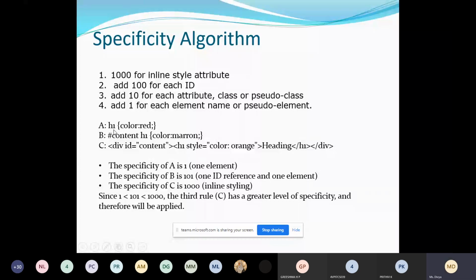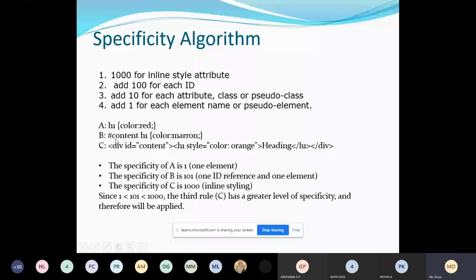Since I have specified only the tag name, this is an element selector. For element selector, the value is 1. So the specificity of A is 1, since we have only one element selector.